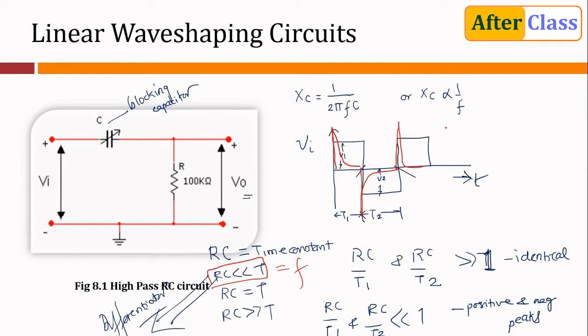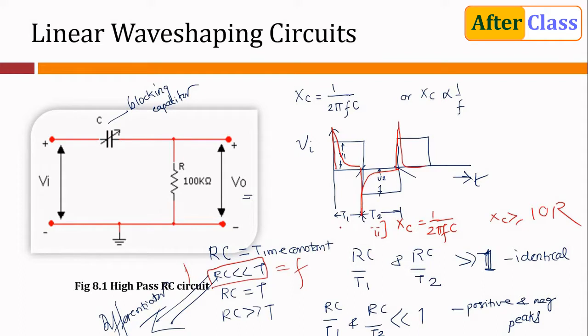And the next thing is, this is the first criterion for a differentiator, and the second criterion is the value of Xc. What is Xc? The reactance offered by the capacitor, which is equal to 1 upon 2 pi fC, should not be smaller than 10 times R. So Xc should be greater than 10 times R. If these 2 conditions are satisfied, I am going to get spikes. All the possible outputs for these 3 conditions are shown in the later part of this presentation, but the takeaway of this slide is that the value of RC should be very much less than T. Only in that case I am going to get a spike.